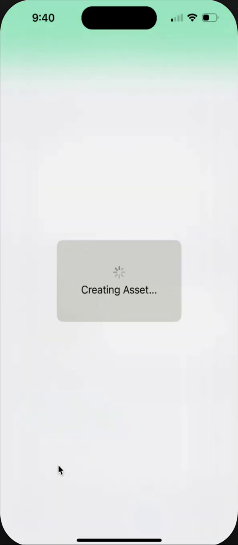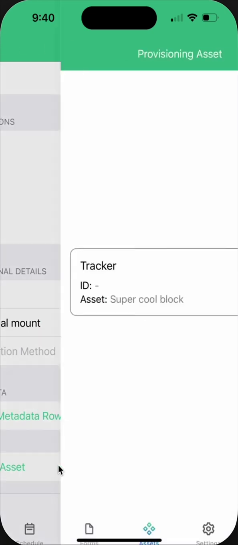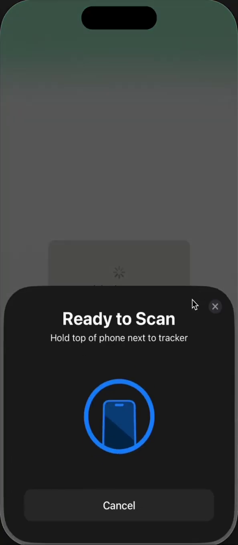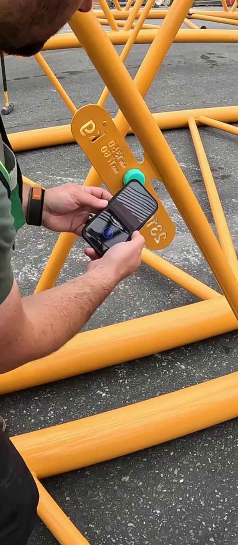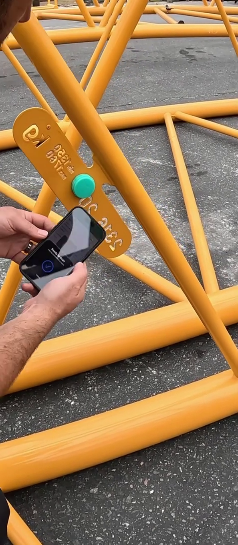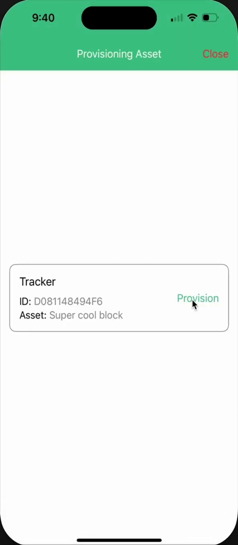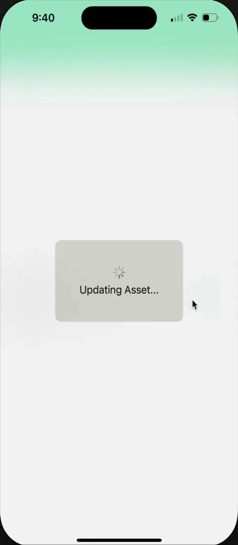After that asset is created, now we have the option to provision a tracker or link a tracker to this device or to this asset. So once we hit provision, it's going to want us to scan the tracker with our phone. So what we do is we touch the top left of the phone to the frog on the tracker. Going to do an NFC scan. We're going to exchange the tracker ID and some information so that we can link that super cool block with